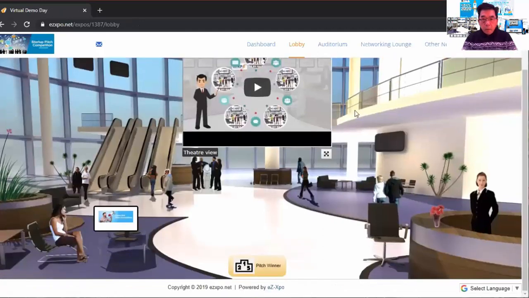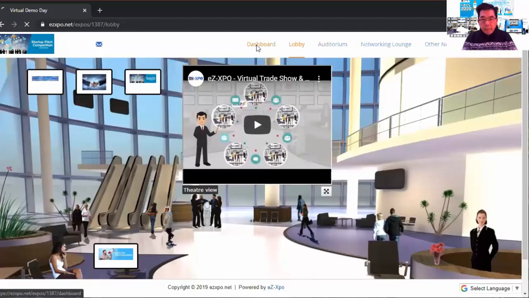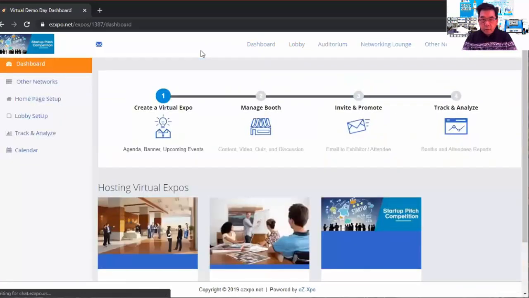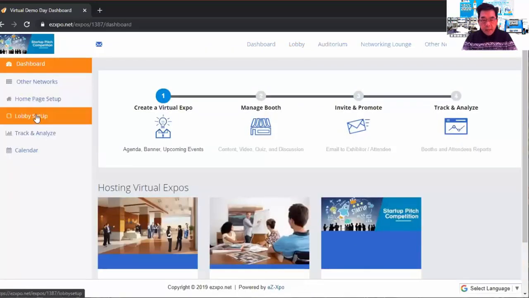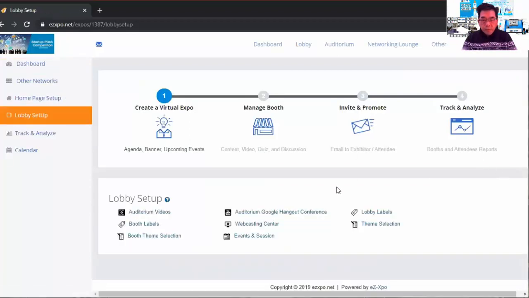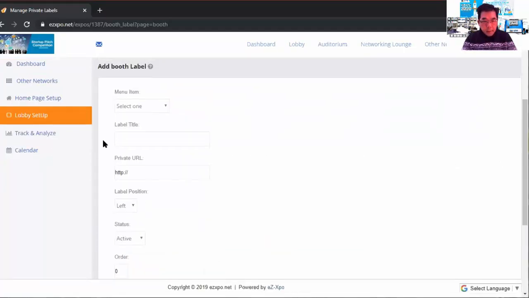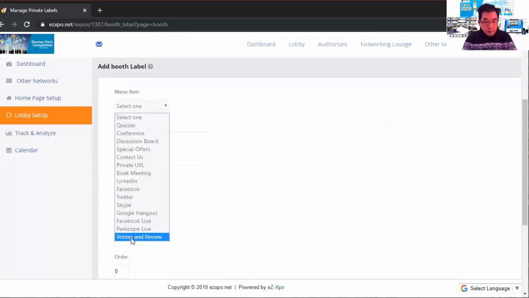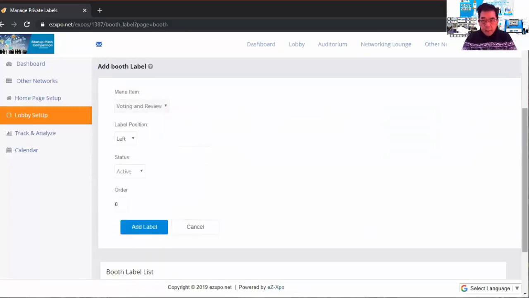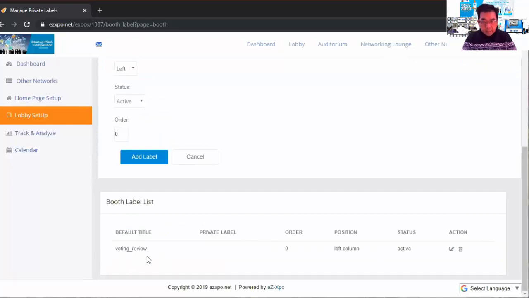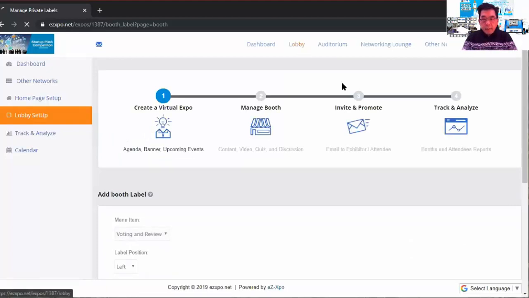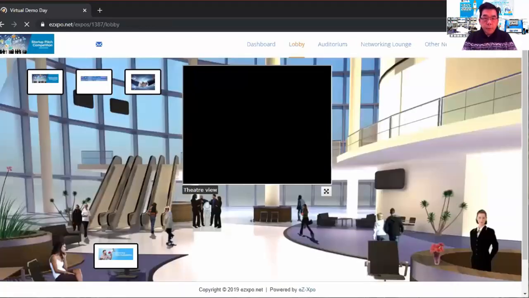Okay. Now, also you need to have each contestant set up with the voting and reviews. Okay, so there's a booth labels, and you can select the voting and reviews, and that's exactly what you get. Okay, so that's how easy it is to set up, and you can actually go to the booth,